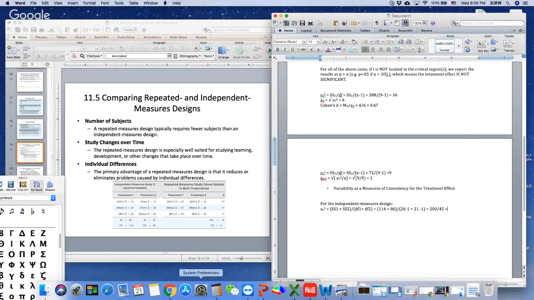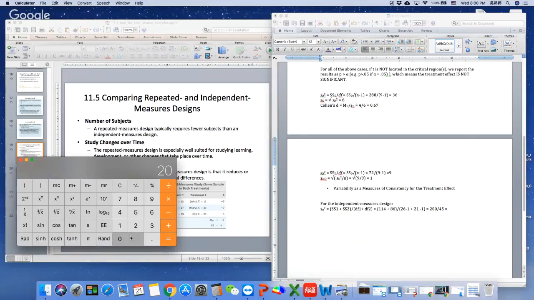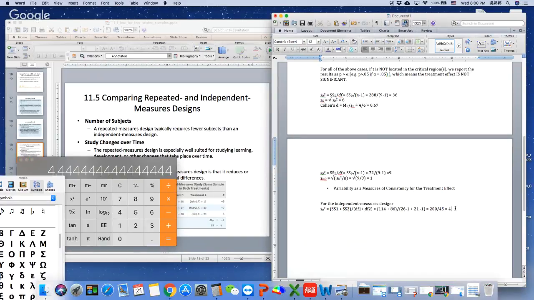Which is 4.4. And then the S M1 minus M2 equals